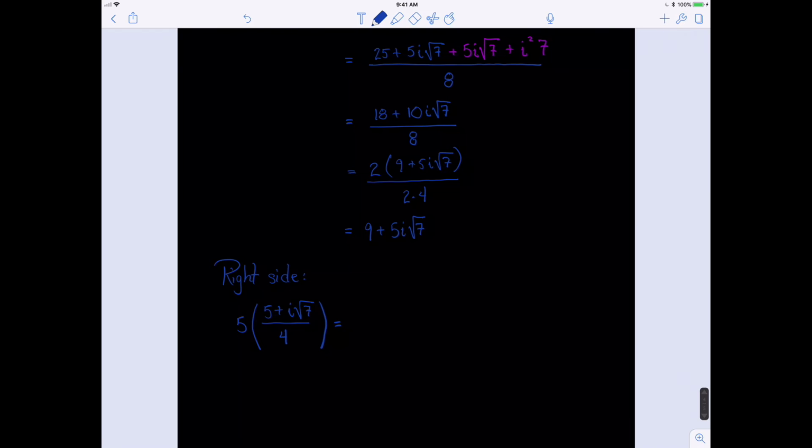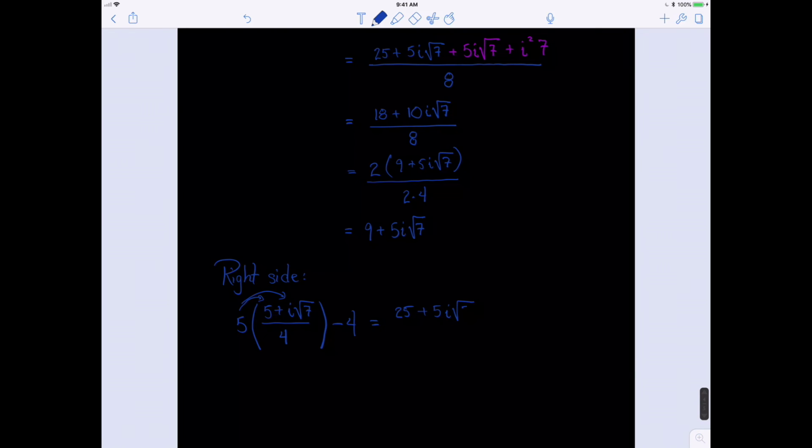Oops, I forgot the minus 4. Minus 4 equals, so now we distribute the 5 through the numerator. So I have 5 times 5 is 25